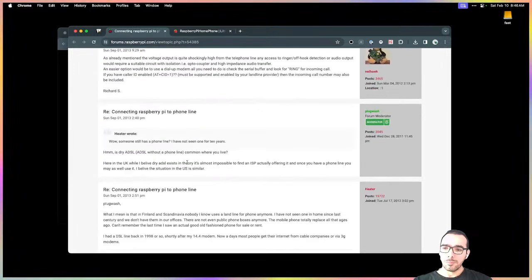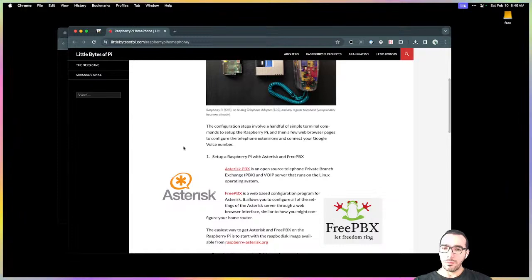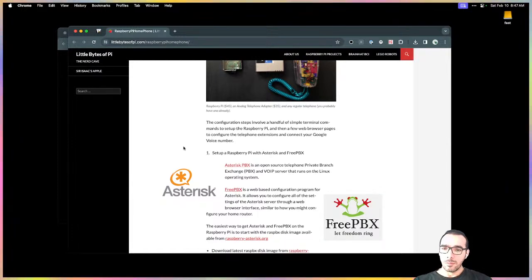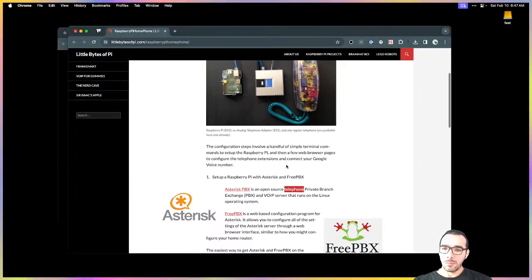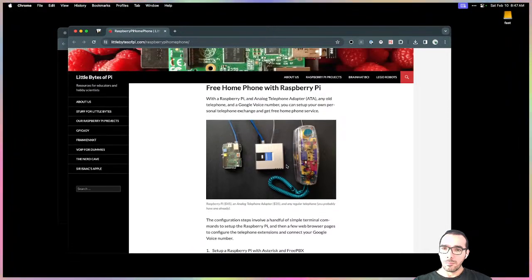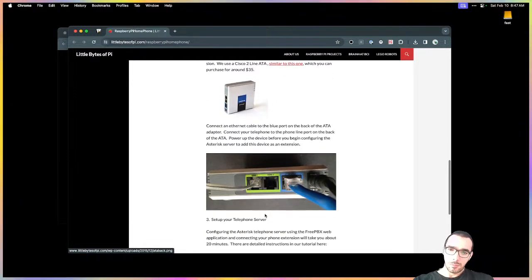Hmm, okay. This is 2013 though. That's ancient. PBX runs on Linux. A telephone adapter and any regular telephone.